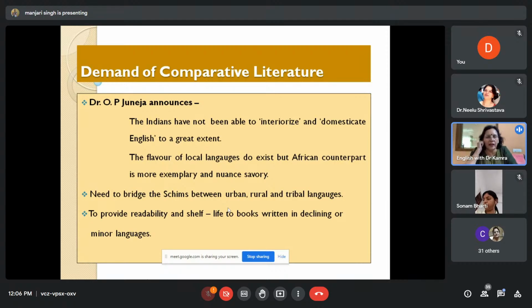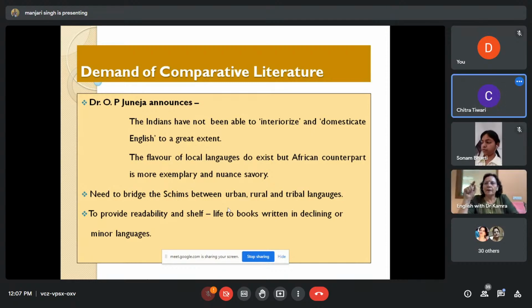If this local color is added, by local I mean any of these states, regions, or districts, which is slightly different from its neighborhood or from other places at large, they can have the flavor of the local. That is the localness that makes literature more palatable. Without this, literature will not be as palatable.